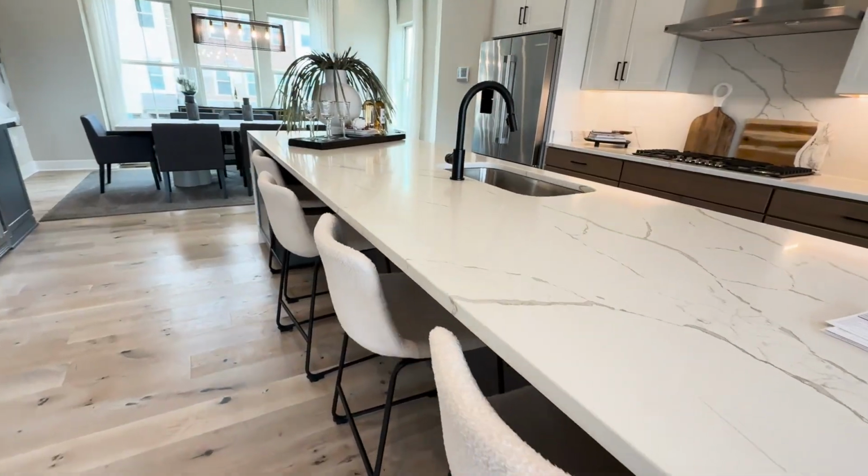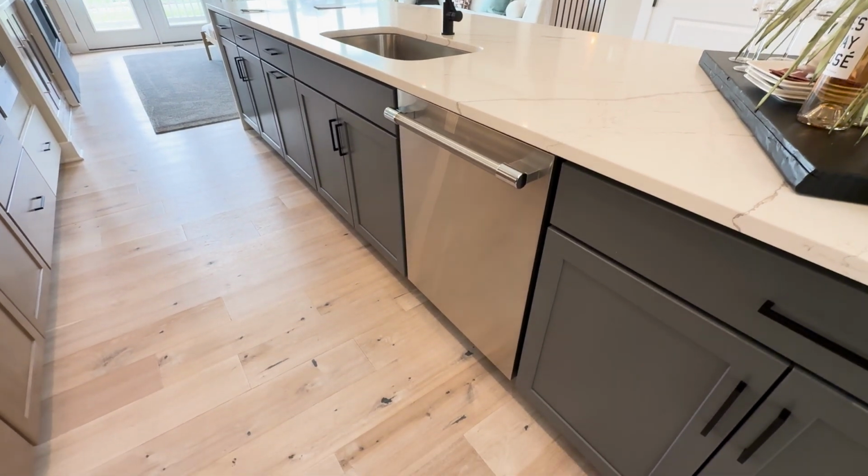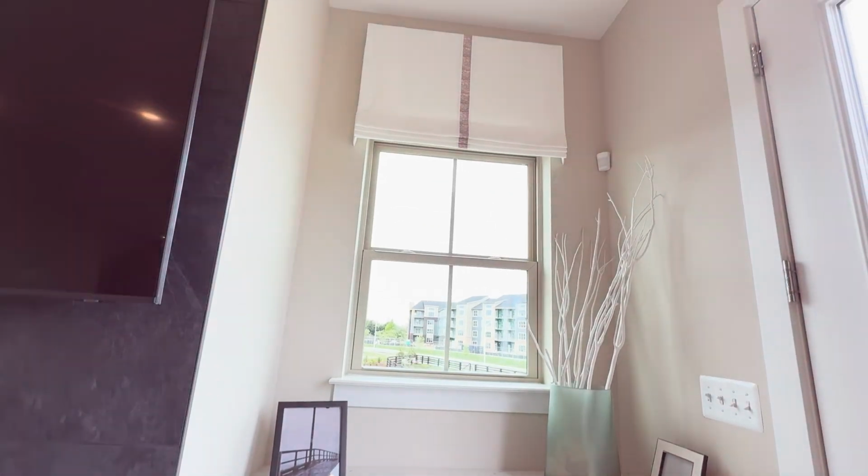Now they do have what I always love to see, which is that waterfall feature for the island where the counter goes all the way down to the floor. And this is a quartz countertop. Again, you have plenty of upgrades you can make. And they have the same countertop over here with your cabinets, which I love that color of the cabinets that they used. You have your Bosch